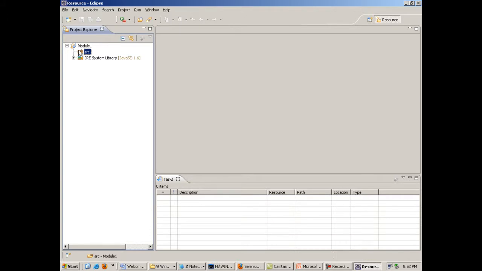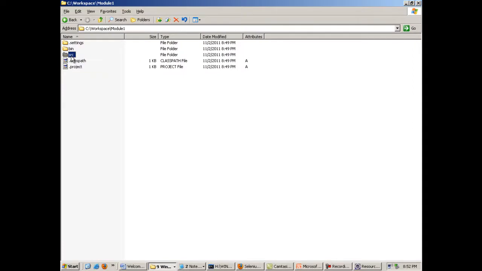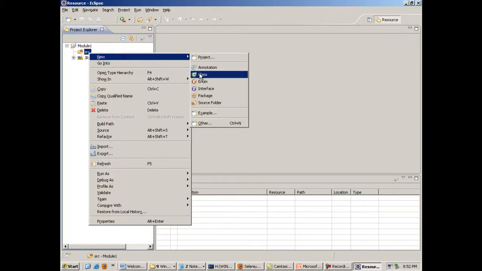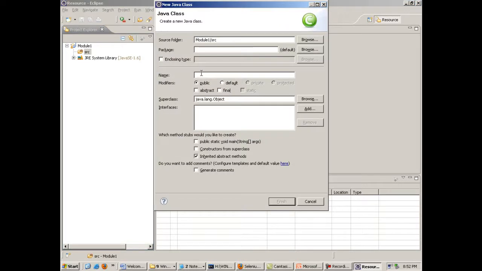This is because as developers or as Selenium testers, we will be writing all the code inside the SRC folder. Right now if I open the SRC folder, it will be blank, and in Eclipse also it is blank. If I right click on it and say new class, and I give my class name as first Java class,